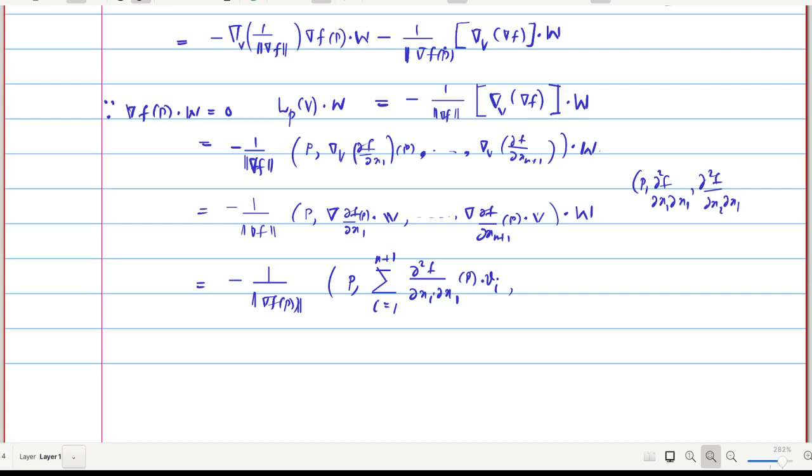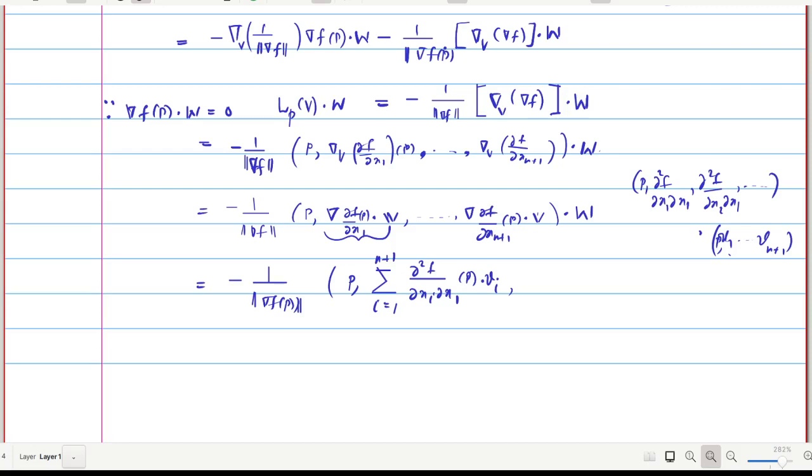That means the derivative of dou f by dou x1 with respect to x1, with respect to x2 etc. Okay, so this is the first vector and the second vector will be v, that is v1 etc vn plus 1, at the point p. So for this dot product we collect dou square f by dou x1 into v1, dou square f by dou x2 into v2 and so on. So the first quantity will be this sum. Okay, so this dot product can be obtained